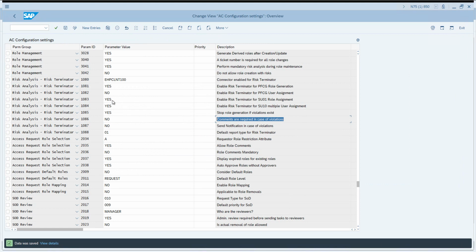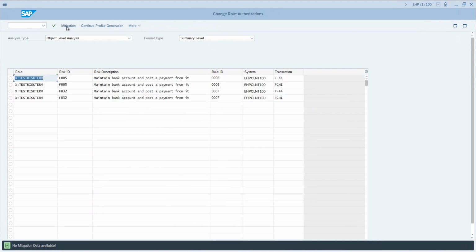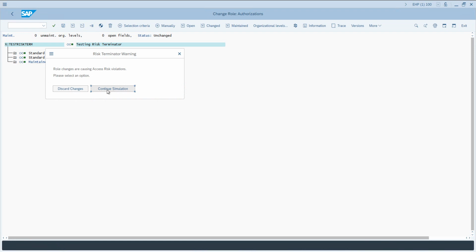Some of what you can do depends on the parameters that you set here. We said no in this case. So if you want to add a comment or send notification, you would have to set these two parameters to yes. So the point is you can do the mitigation here also if it was set up. So let's continue with profile generation to come out.